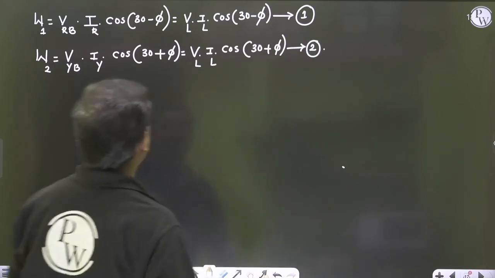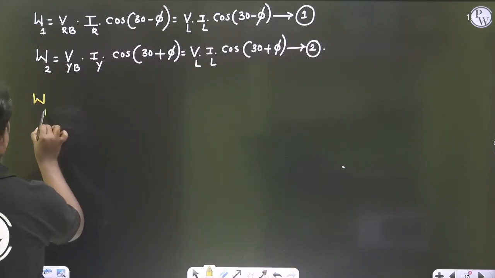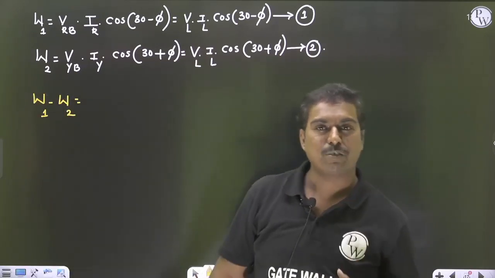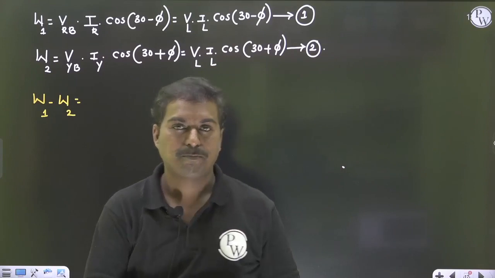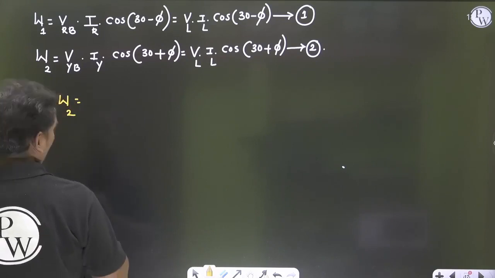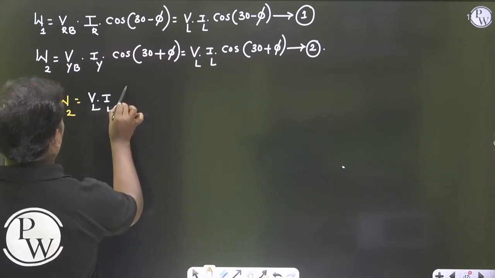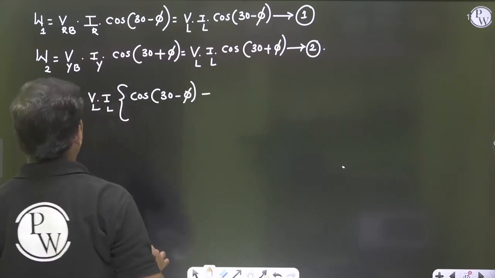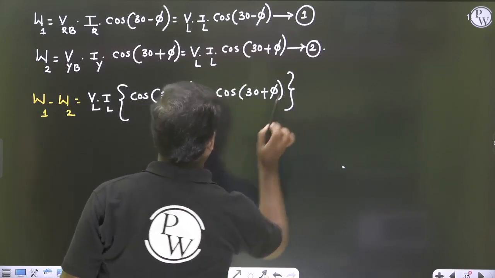Understood? So now let me take some expressions, W1 minus W2 and W1 plus W2, so that I am going to have some interesting relations. Because I want to prove that the summation of the readings of these two wattmeters should be equal to the three-phase power. So equation 1 minus 2, W1 minus W2, if you take, what am I going to get? VL IL, if I take common, cos of 30 minus phi minus cos of 30 plus phi, which if you further simplify,